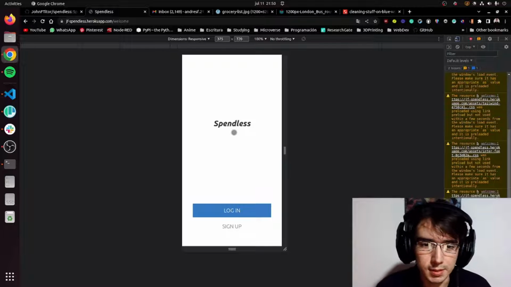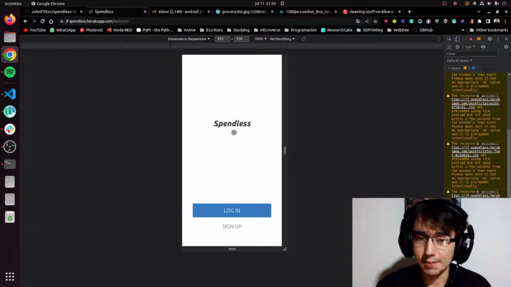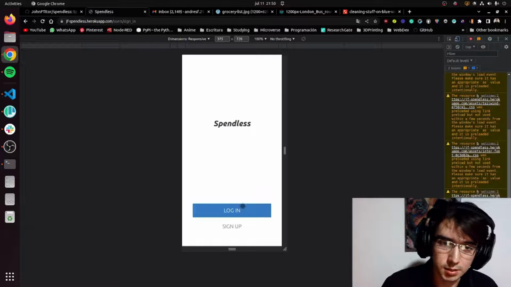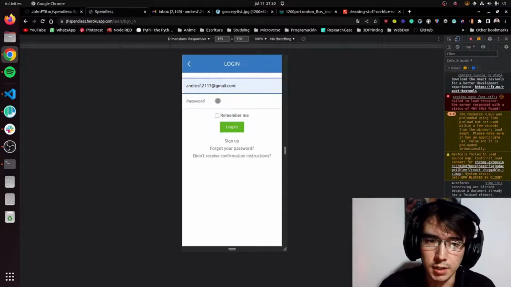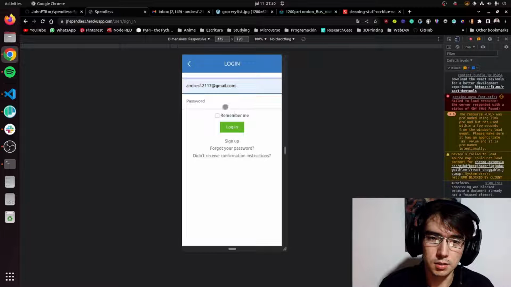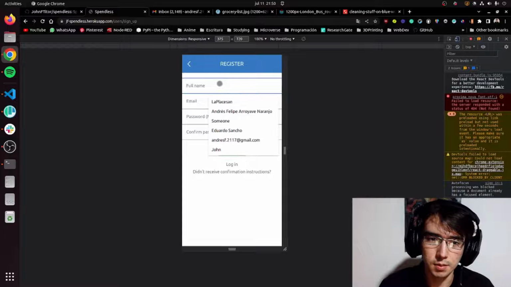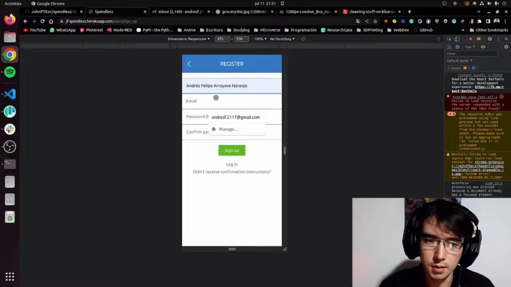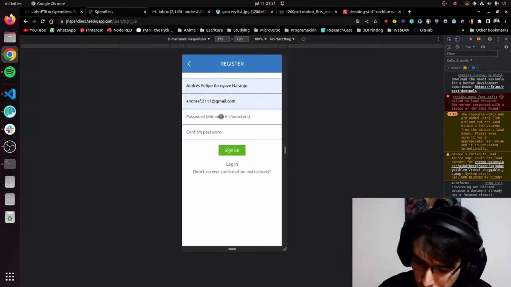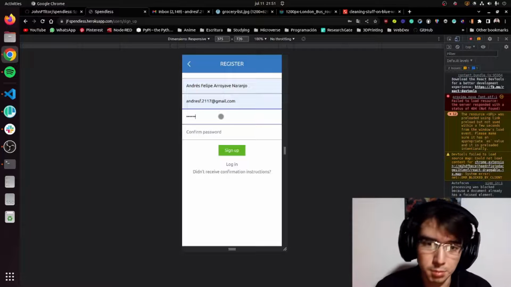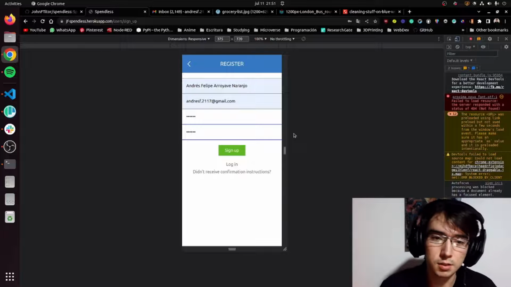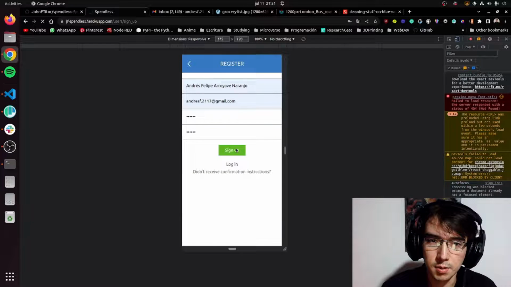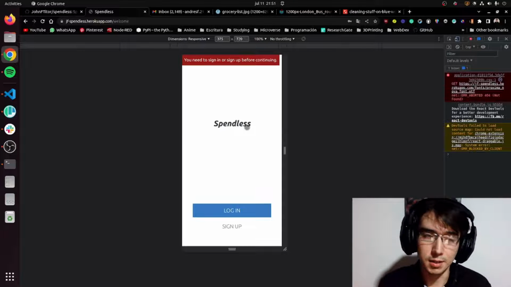Alright, well then, Spendless basically wants us to keep track of our money on different categories. So I need to sign up. Let's start by doing the same process. It is also configured like the previous one, the blog app, with a mailer using SendGrid. So if I sign up, I will be sent back here to the